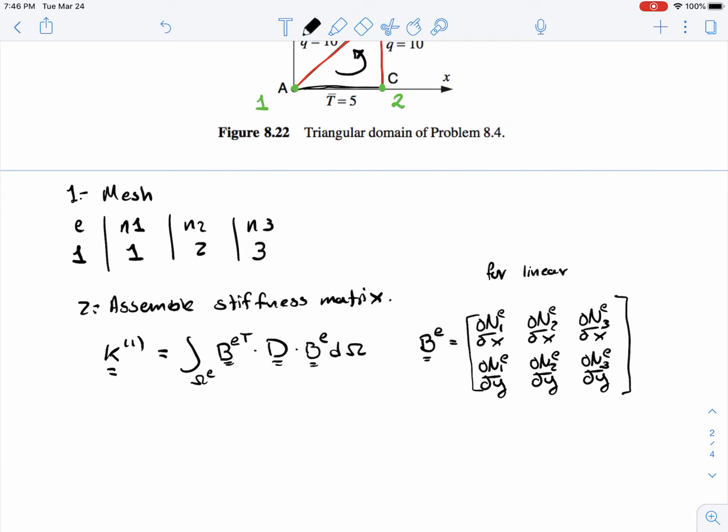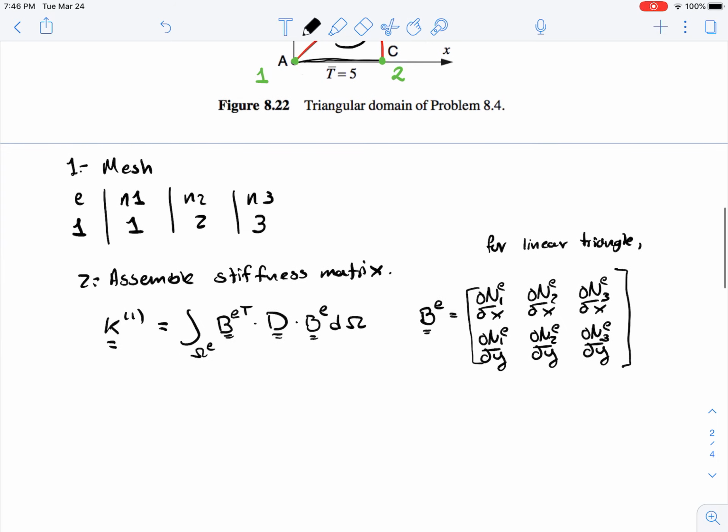For the linear triangular element, we have 3 nodes, so we have 3 shape functions. Furthermore, because we can write out the expression of the shape functions directly in terms of x and y, we can actually compute this without the Jacobian or without the parent domain. We can directly compute this. This might not be true for other elements, but for the triangular element it is true that we can easily calculate